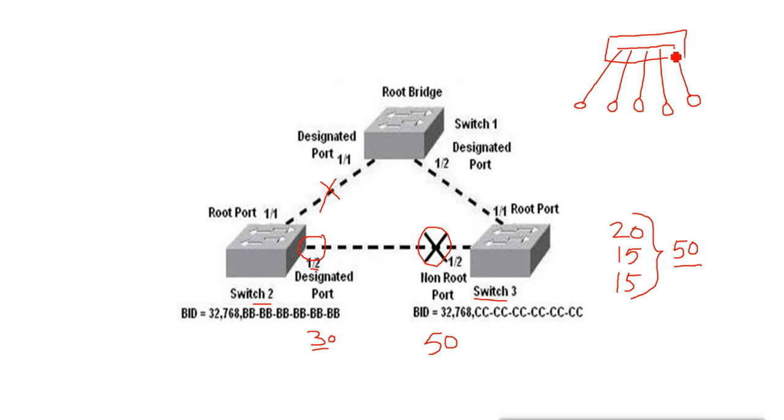So suppose there is a DHCP server connected in this port, and I don't want to disable STP. This DHCP server's job is to assign IP addresses to these machines. Now when this switch gets on, all the ports will get into the blocking state. That means the DHCP server wants to give an IP address, and these machines want to get an IP address, but they will not reach the DHCP server. Why? Because they have to wait for 50 seconds.